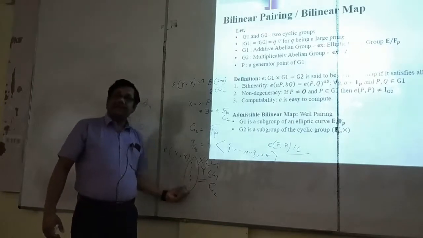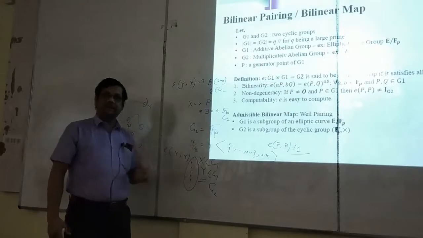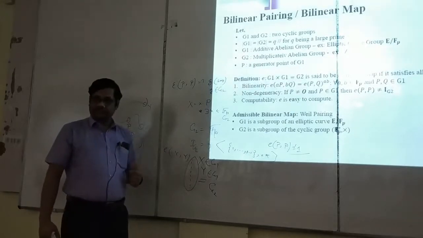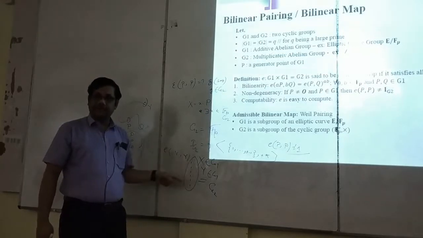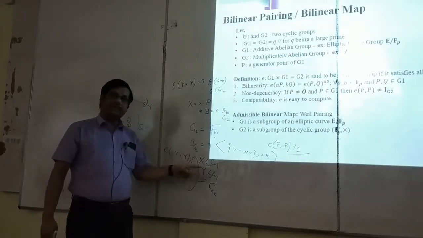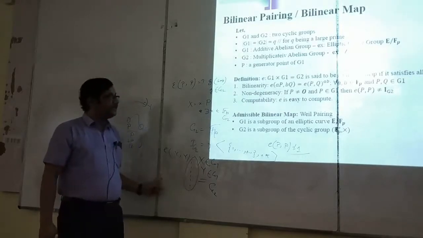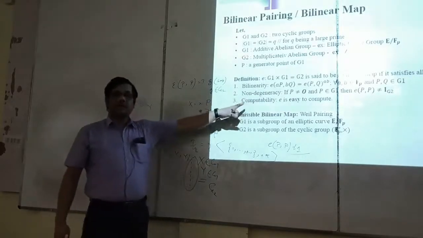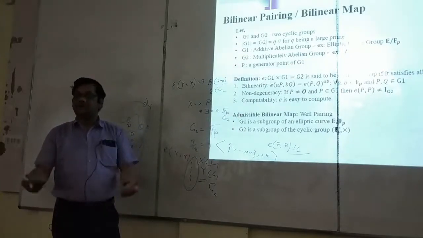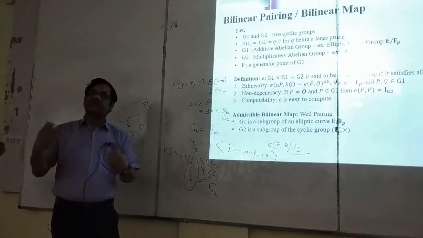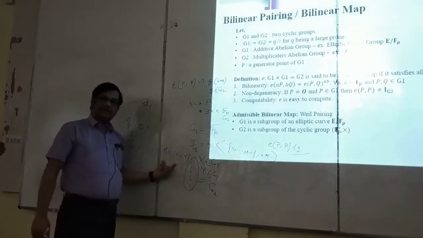So if it is less than G2, then this function is not generating all the elements of the group. In short, it is not generating the group. So we have to check whether this bilinear map is generating the group or not. If it is not generating, then that is degenerate. We don't want a degenerate group. The non-degeneracy property is important, that means it should be generating. Now let us see whether it can generate all the elements or not.